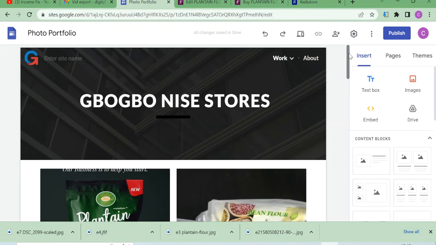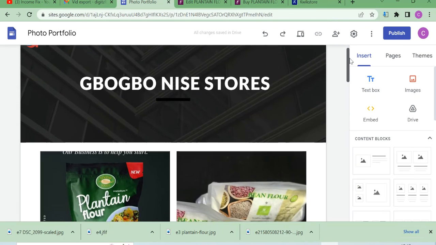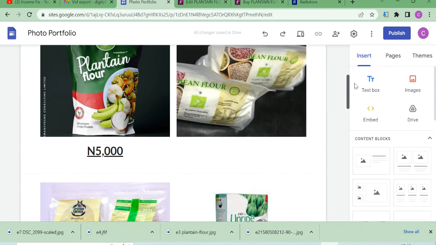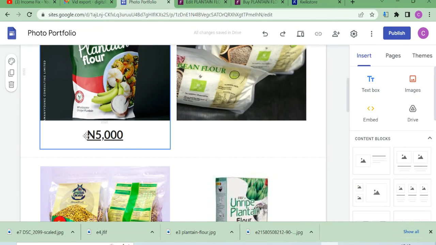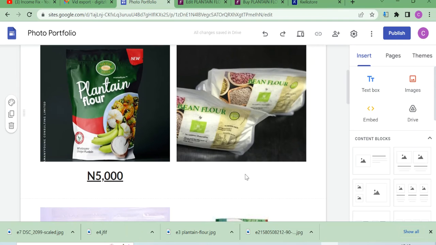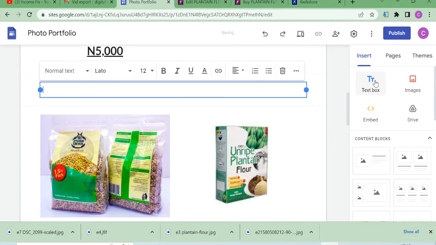So now you are here, you are creating your online store, and you have different things to sell. So for everything you have to sell, like this one now, there is a picture here. All you have to do is, okay, you can say text box, add text box. When you add this text box,